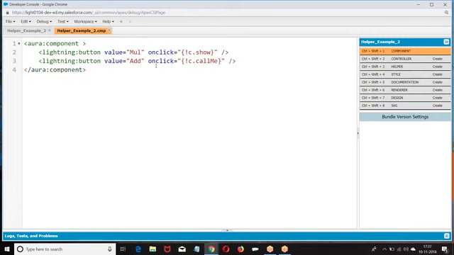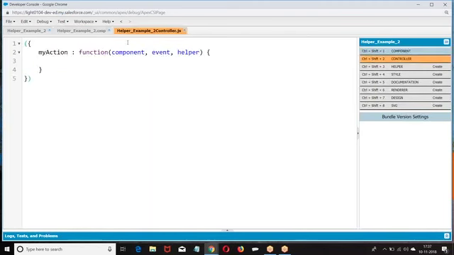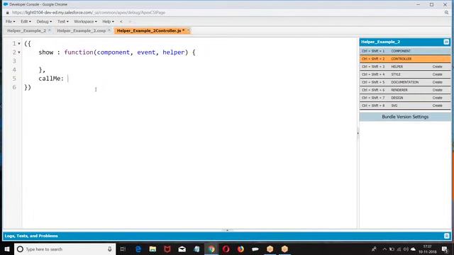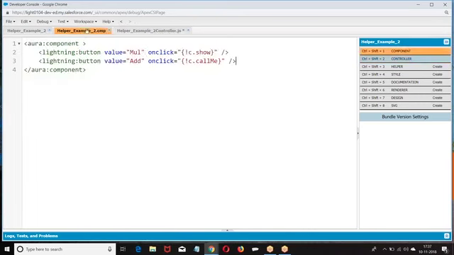Right. Then I'm giving a controller here. Then I have component, event, helper. Generally, what I want to do is create two attributes here.